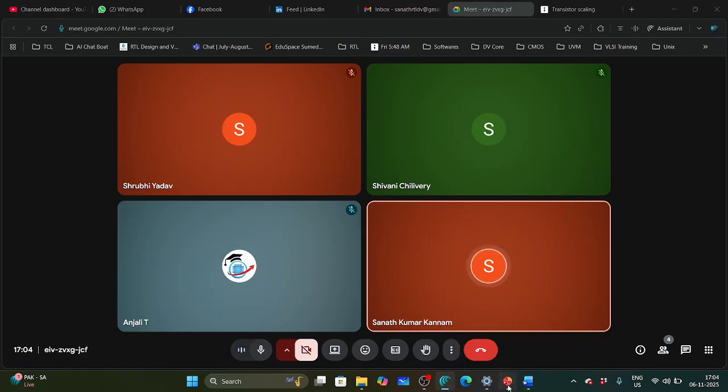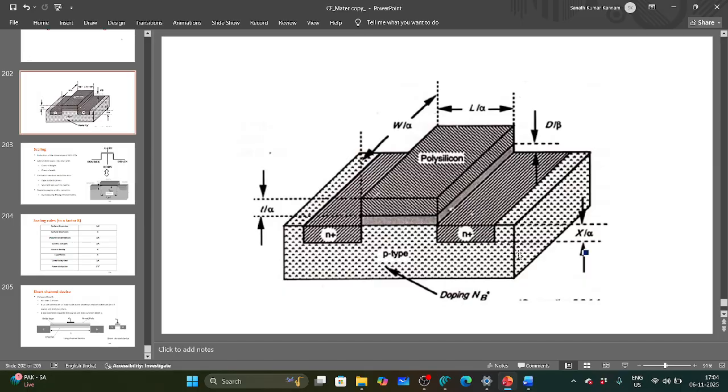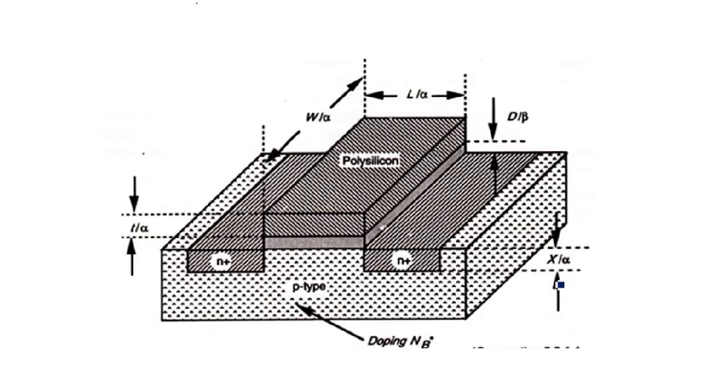Okay, today we will discuss scaling and transistor scaling. So we'll see what transistor scaling is. Transistor scaling is nothing but, suppose this is my MOSFET. So as you know, from Moore's law, Moore is nothing but